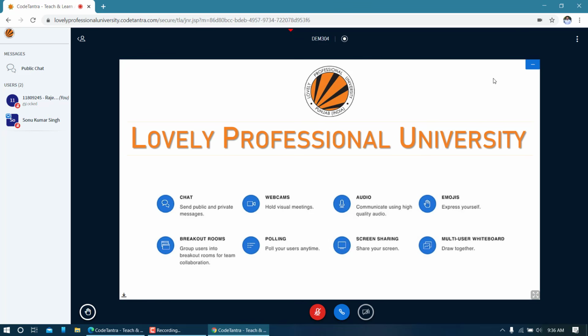So I have logged in to this account with this particular registration number, and you can see that there is a mute button symbol here. That means the teacher can understand that this student has muted his mic. And if I unmute it, you can see the symbol changes here as well and here as well. And whenever I'm speaking, you can see that my name is being highlighted here.